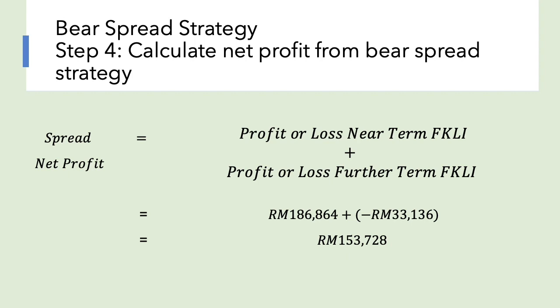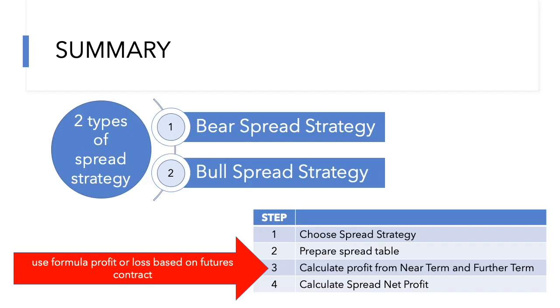Loss is a cash outflow. So the last step, you need to calculate the net profit from the spread strategy. The net profit is the profit or loss from near-term FKLI plus the profit or loss from further-term FKLI. So near-term, you get positive 186,864 ringgit, a positive cash inflow. For further term, you get a loss of 33,136. Loss is a cash outflow, so I put it as negative. So the total net profit you get is